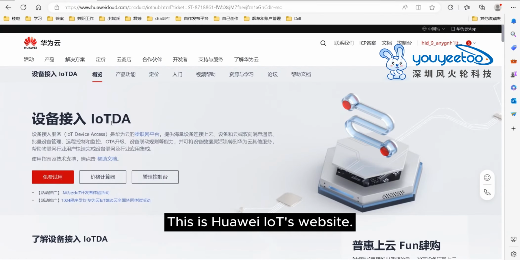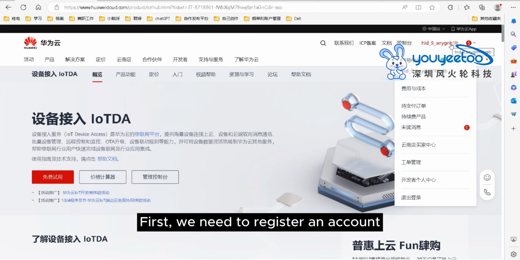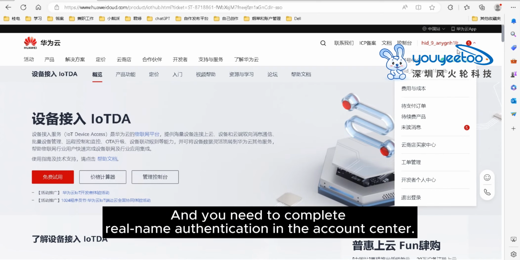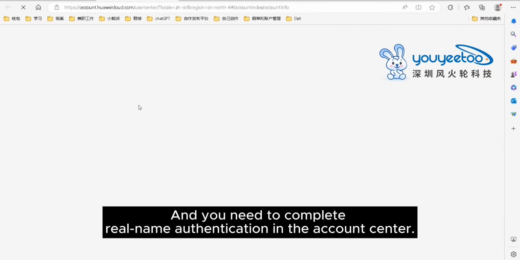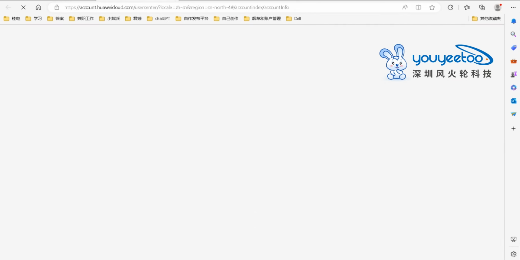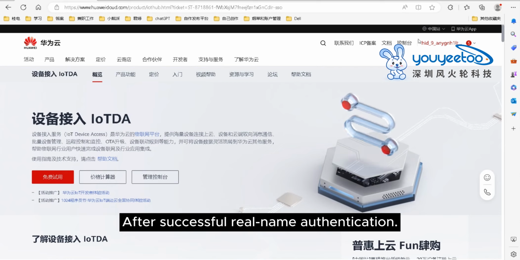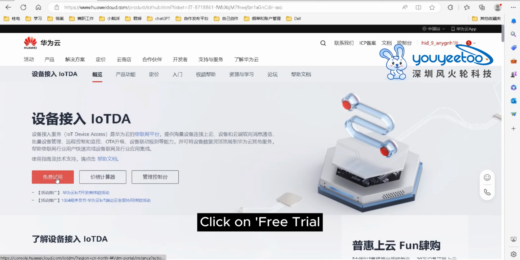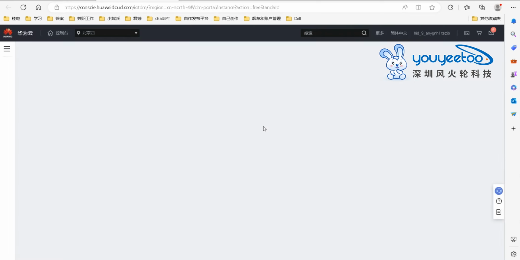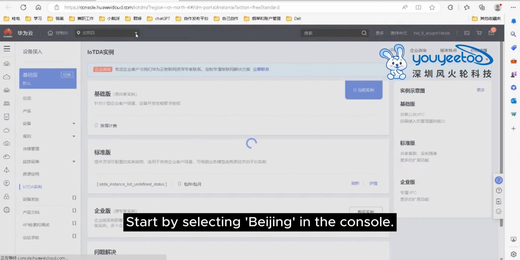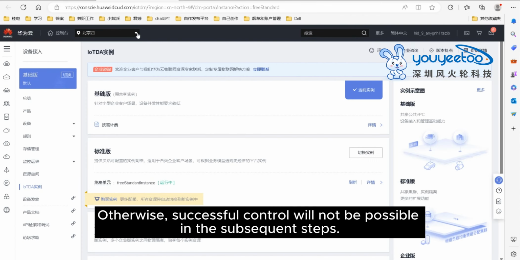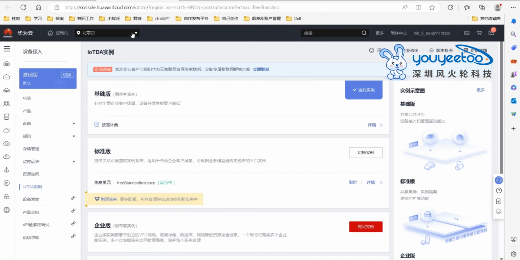This is Huawei's website. First, we need to register an account, and you need to complete real name authentication in the account center. After successful real name authentication, click on Free Trial. Step 1. Start by selecting Beijing in the console. Otherwise, successful control will not be possible. In the subsequent steps,